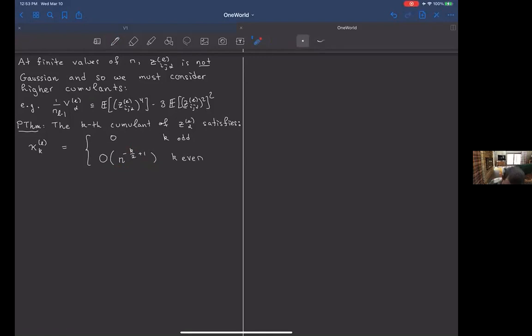When k is equal to 4, you get n to the minus (2 minus 1), so you get 1 over n. That's this fourth cumulant. And all the other cumulants are further suppressed in 1 over n. I'll call this CLT-like. When you do a CLT for a sum of IID random variables, this is what you expect for the scaling of the cumulants. The physicists call this hierarchical clustering, for reasons that I actually can't explain.